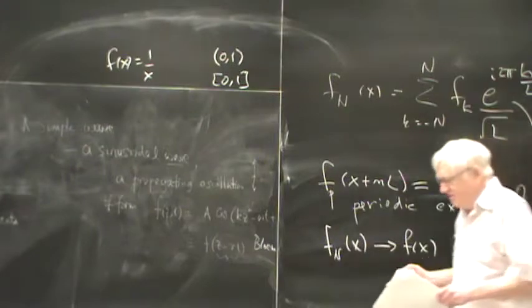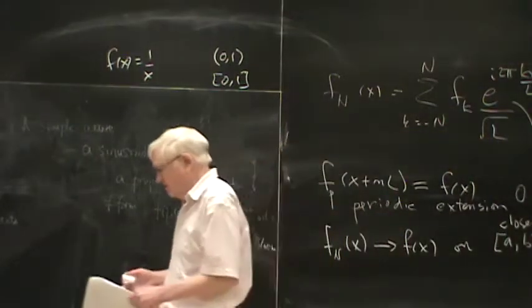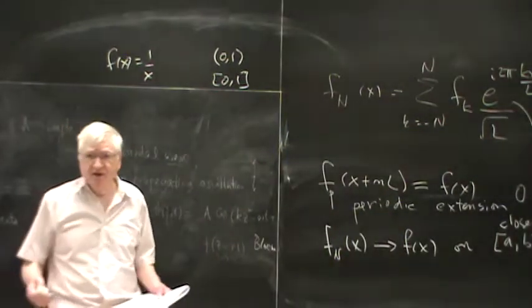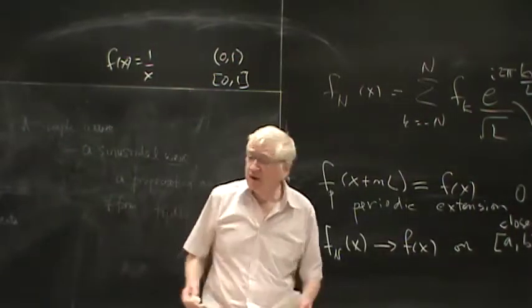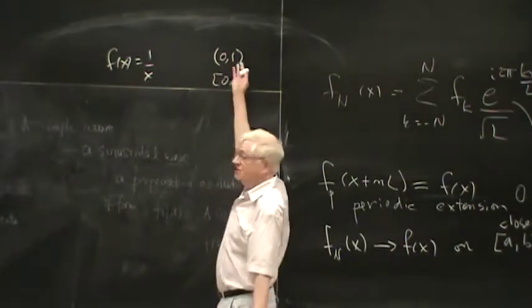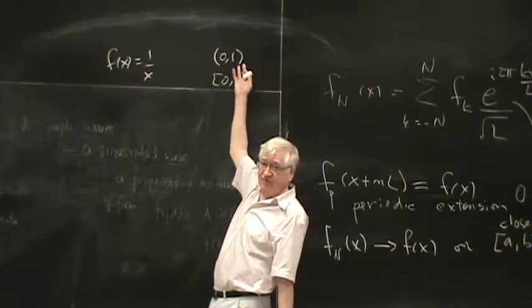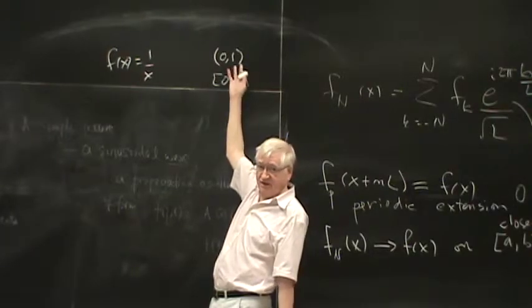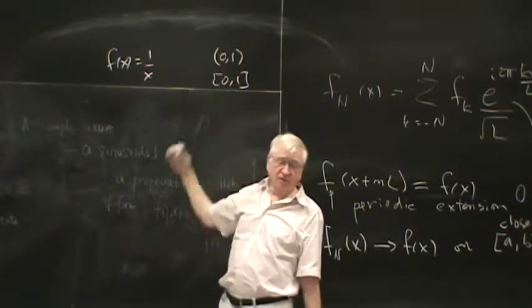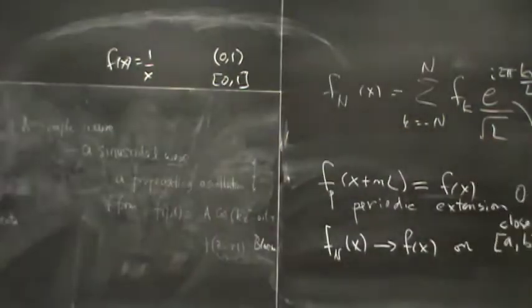If you have a function that's continuous on a closed interval, it turns out to be bounded there. But if the interval's open, well, f of x is continuous on this open interval, but it sure as hell isn't bounded there because of its behavior as 1 over x at 0. Okay, so